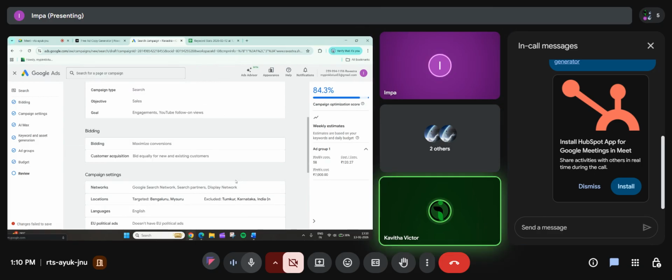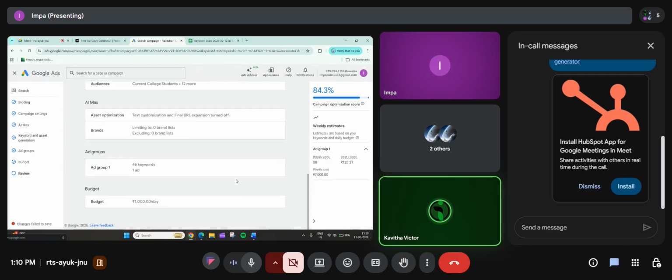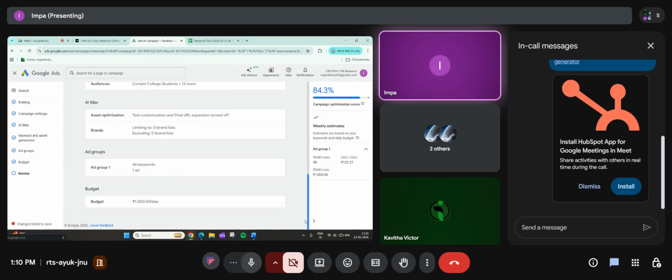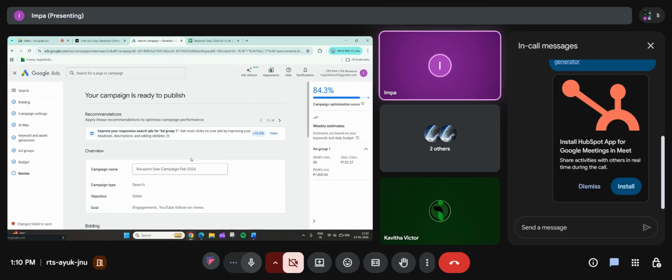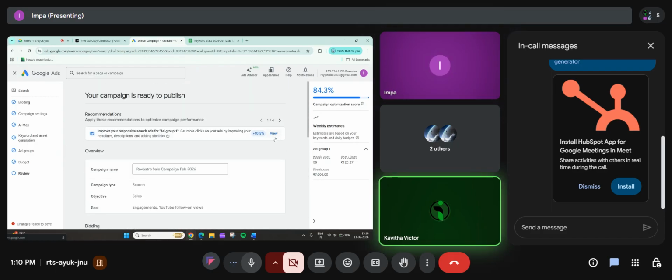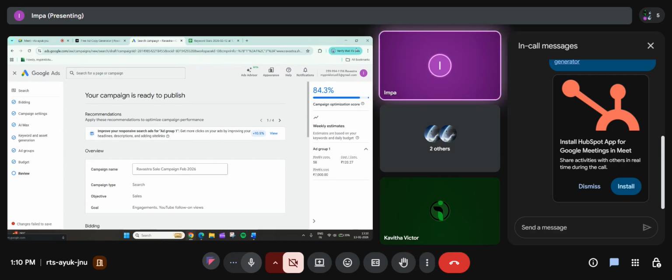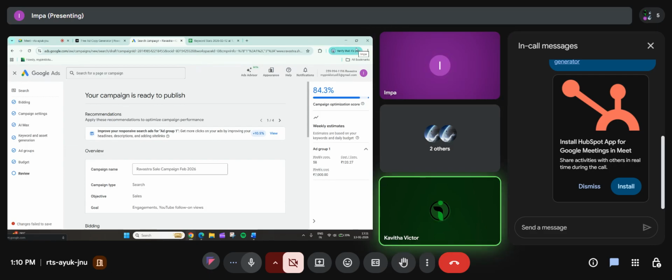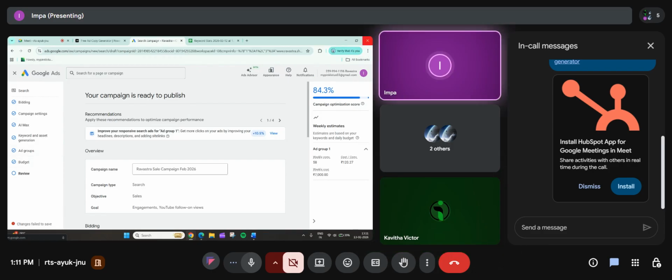So here you can check all the things and you can publish the campaign. On the last, you have the publish button. Scroll up to the top. Campaign failed to save. Verification was not done. Yeah, one second.